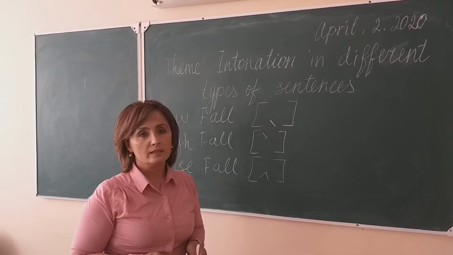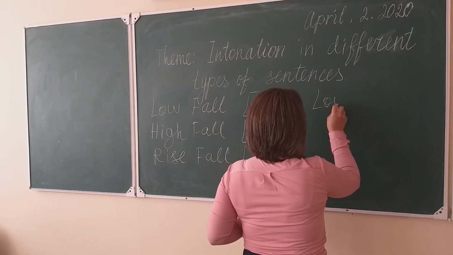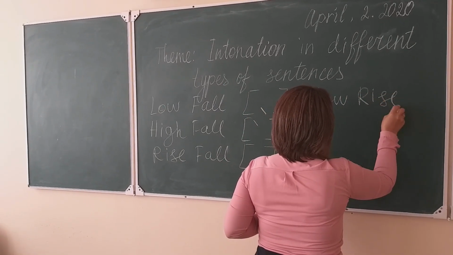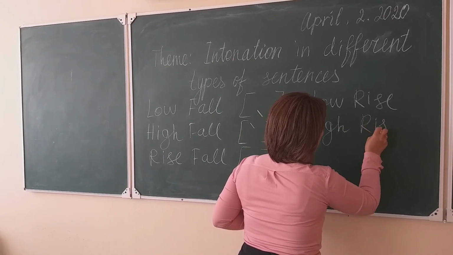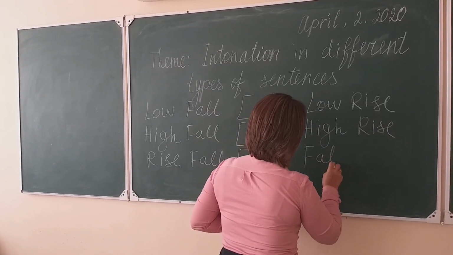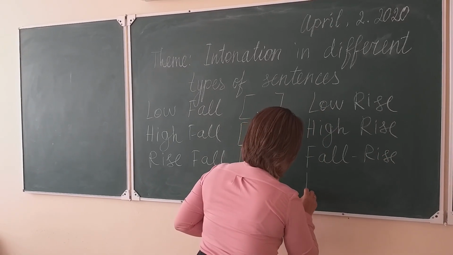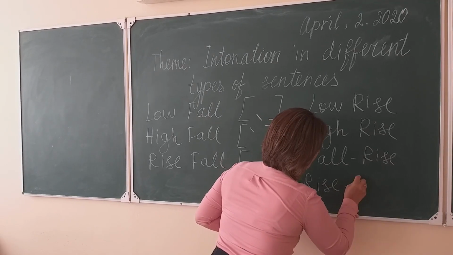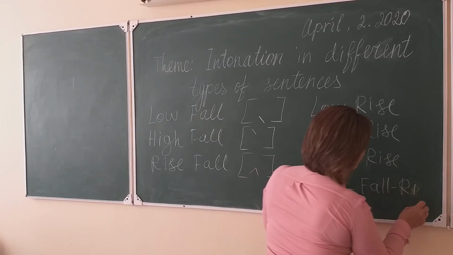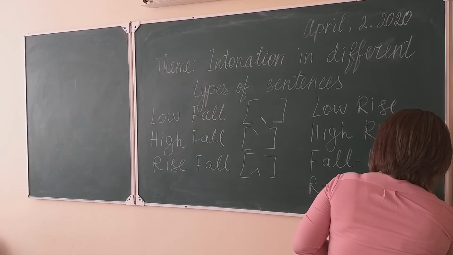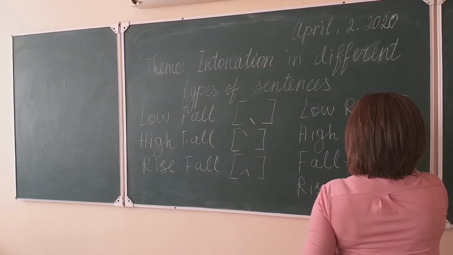And as for the rising tune, four types of them are distinguished. The first one is low rise. The second one is high rise. The next one is fall rise. And the next one is rise fall rise. So as for the stress marks of all these intonation patterns, for example, as for the low